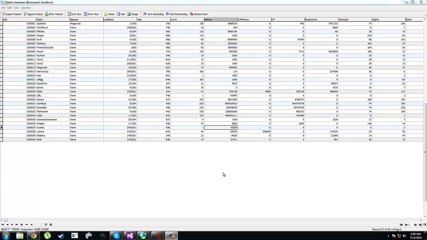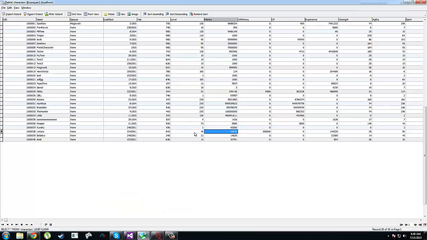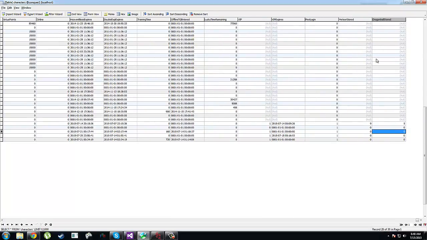Alright, hello everyone. Today I'm going to show you how to create a warehouse in Redux 3.05 that you can use to store your meteors, Dragon Balls, or some other item that you would like to. So in this tutorial we're going to code the NPC. We're gonna go to database in the characters tab, add a new tab that is going to be called Meteors and Dragon Balls stored,